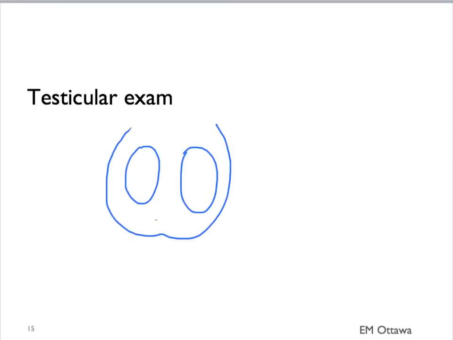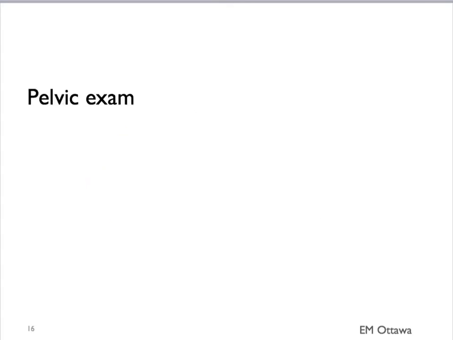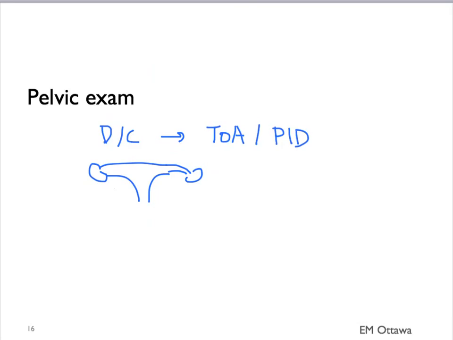We're looking for swelling, tenderness, any sign of torsion, and presence of hernia. On a pelvic exam, we will look for a discharge that's suggestive of a tubo-ovarian abscess or pelvic inflammatory disease, adnexal tenderness that can be suggestive of an ectopic pregnancy or a tubo-ovarian abscess, and pelvic bleeding that is suggestive